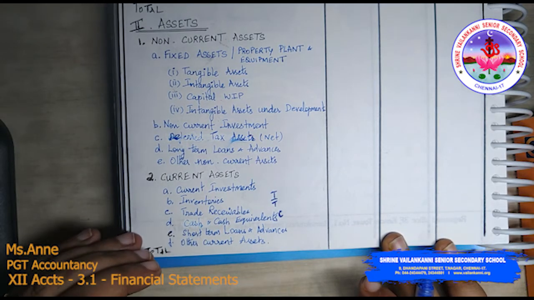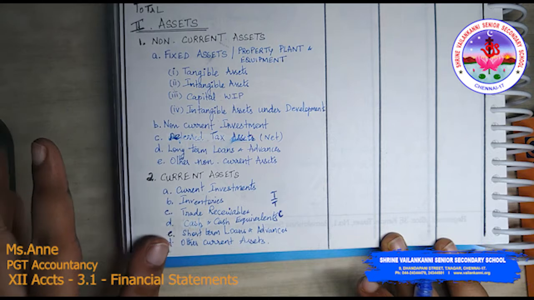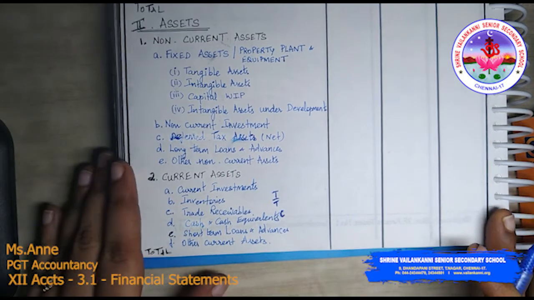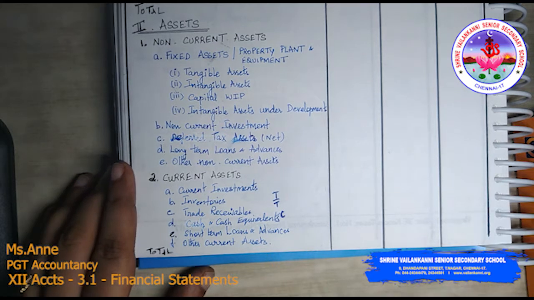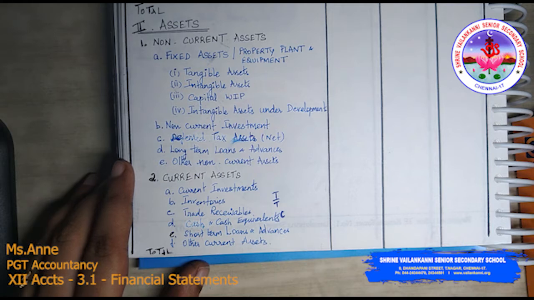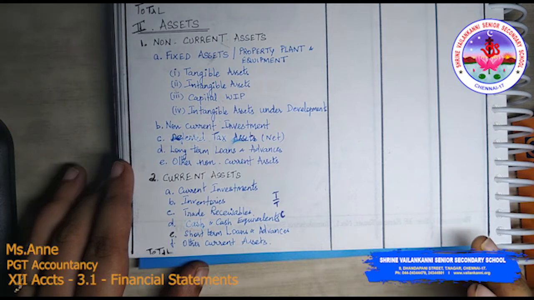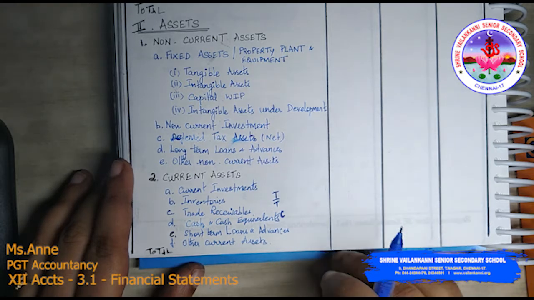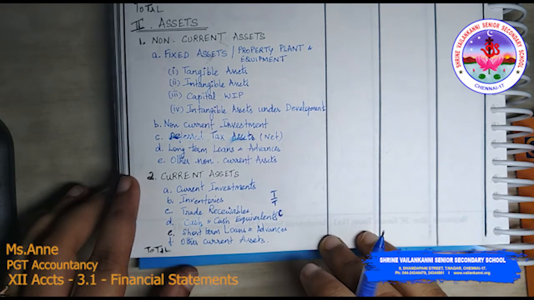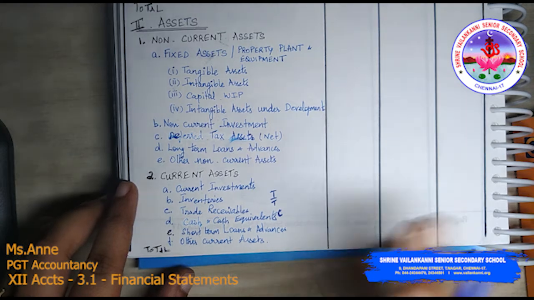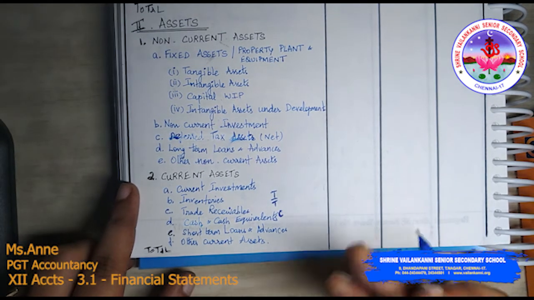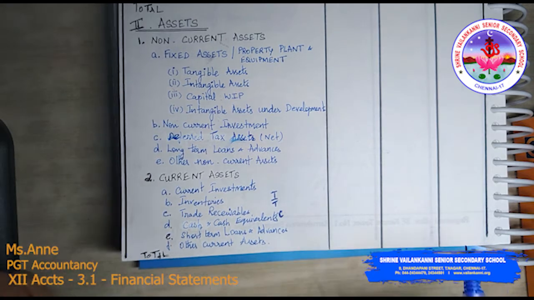Okay students, so we have completed the format of the balance sheet. Next we will learn about the format of the P&L account. Make sure that you go through this. I want you to write it down in your notebook. You need to paste it somewhere, or just go through it daily 2 to 3 times. You will automatically remember this without much strain.